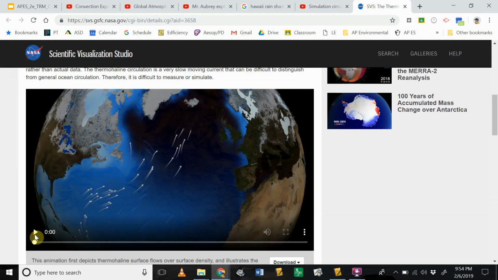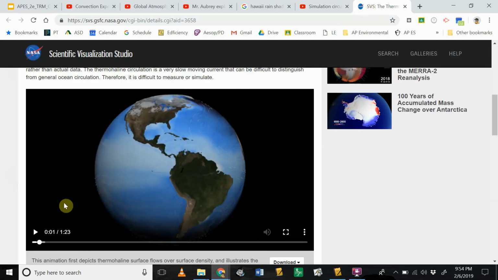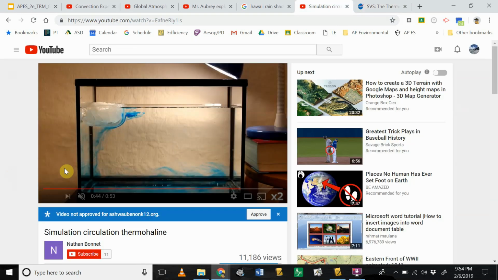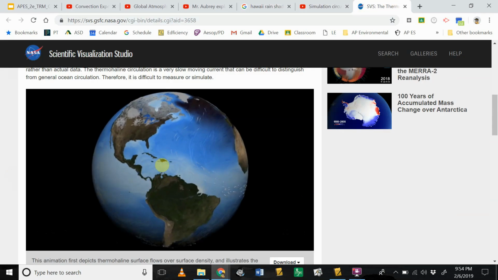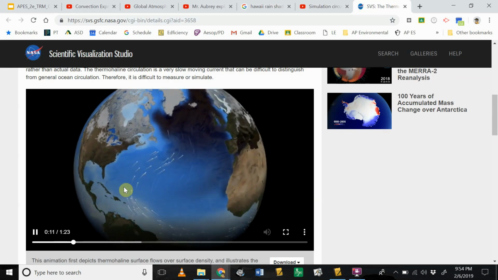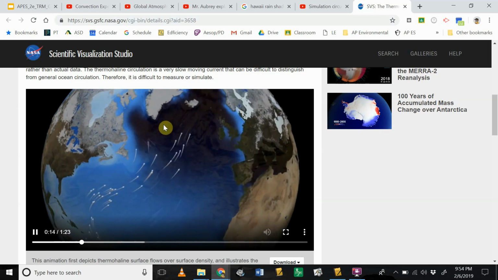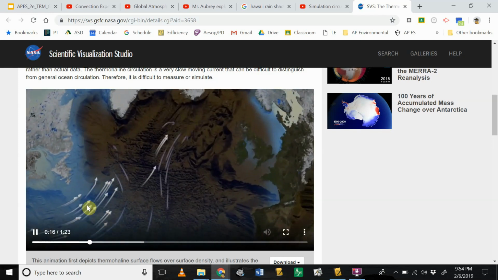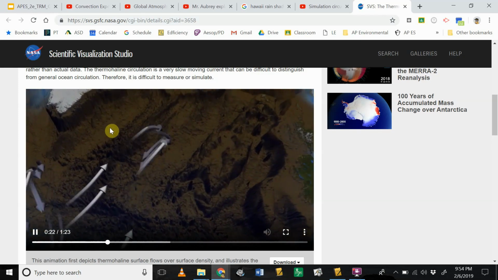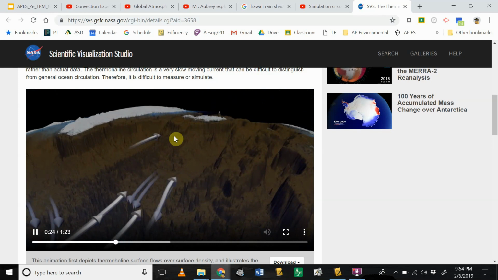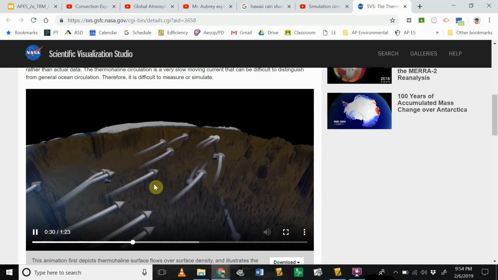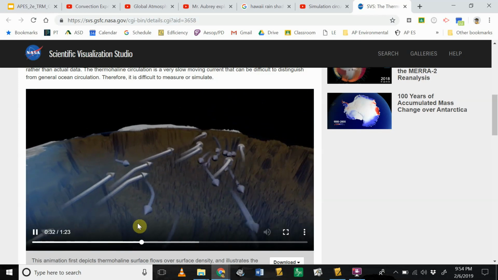And so if we look at an animation here, that will show the same thing. Let me pause this so it doesn't go anywhere. Okay, so here's those very warm waters from the area around the Gulf of Mexico. They get brought up here into Greenland and Iceland, and as some of it gets frozen or some of it has evaporated, that water's become saltier and it sinks. And now that water sinks and it goes into a deep current, which then starts to make its way back,